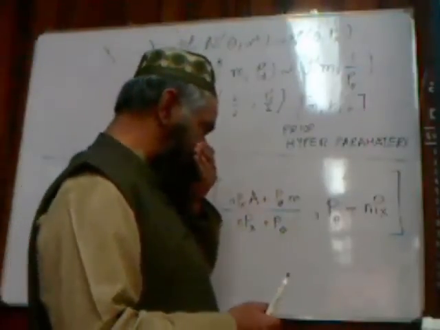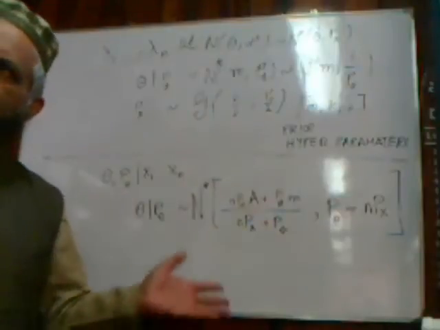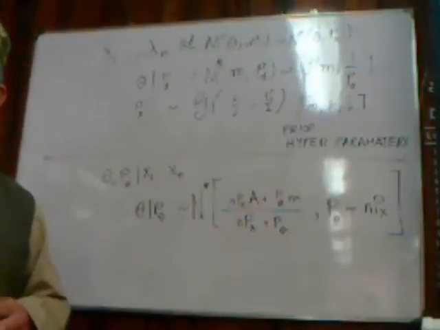One very important thing to note here is that as n goes to infinity, the prior will wash out. The weight of the prior will go to zero, regardless of how much